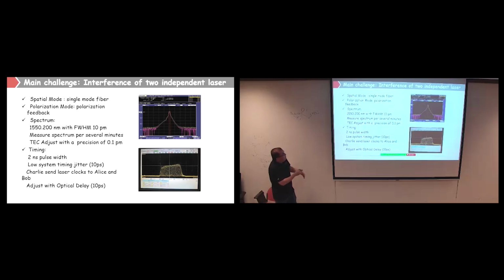The solution is, for commercial off-the-shelf products, you can have, for example, a 2 nanosecond pulse width. The whole system electrical jitter can be controlled within 10 picoseconds. For a several-nanosecond pulse width, the spectrum FWHM is 10 picometers, and using a commercial optical spectrum analyzer you can still tell the difference between the two spectra. So if you choose this kind of pulse, you can still do the experiment.